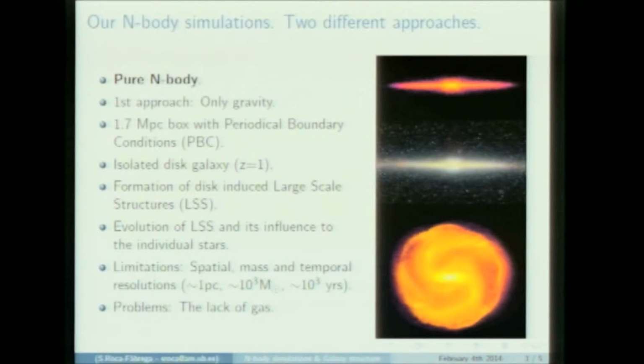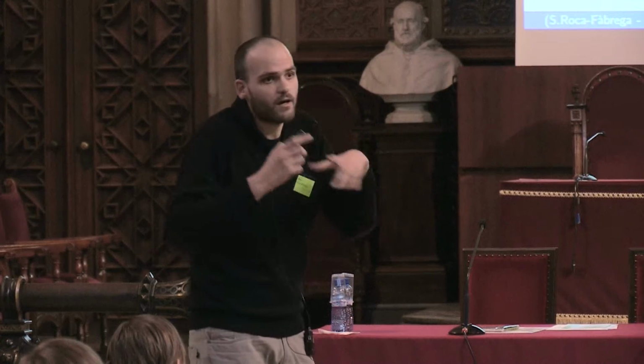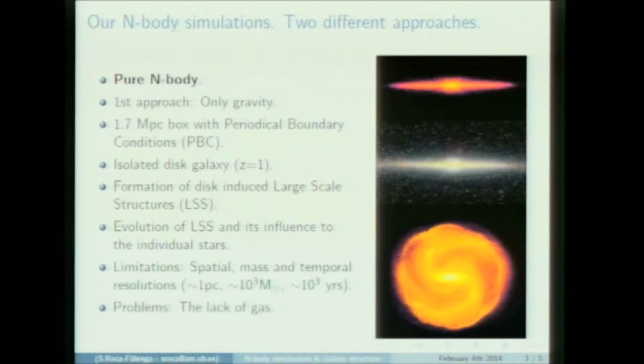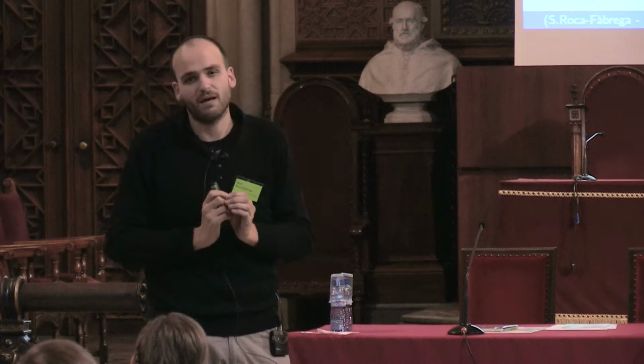And we have two approaches. The first approach is a pure n-body simulation, a simulation where we have only gravity. We solve the Poisson equation in each part of the simulation, and we can see how the structures are evolving. For example, in that case, what we do is a small box, we put inside the initial parameters for a more or less realistic galaxy without a structure, and we let it evolve. And at the end, as you can see, we obtain bars and spirals, and we can study how they have been formed and how the particles in the n-body simulations are affected by these structures.